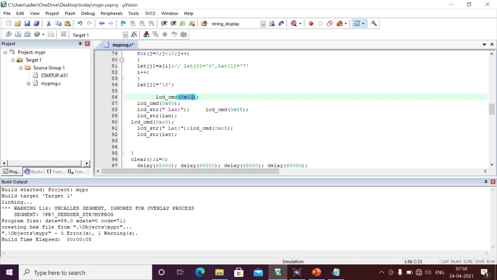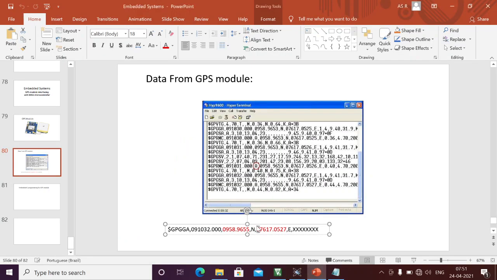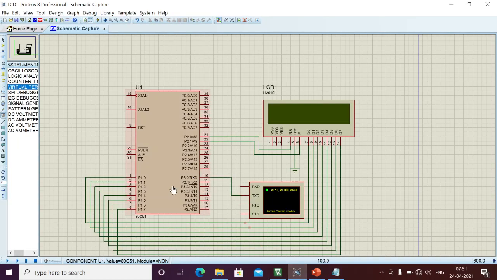See here, 0 1, and I displayed longitudinal in the first five characters. I displayed space, longitudinal, and colon. And from the 85 onwards, whatever data is received from GPS I am displaying onto the LCD. Similarly for the second row, latitudinal data, from C5 onwards, I am displaying whatever latitudinal data we pick up here, right? What are the 11 characters? These are null characters anyway. These are 10 characters, and the first row is 9 characters. These are 9 characters, 10 characters. Right now we should see the same data onto the LCD. That is our goal.